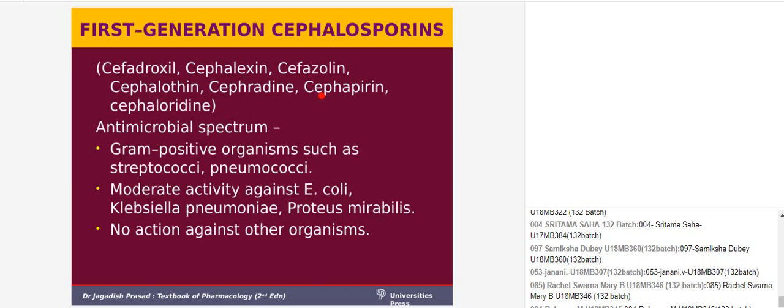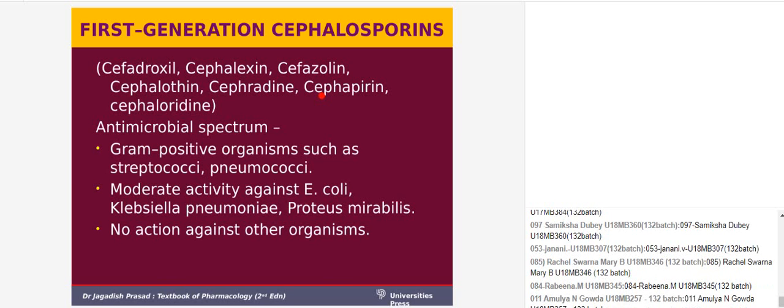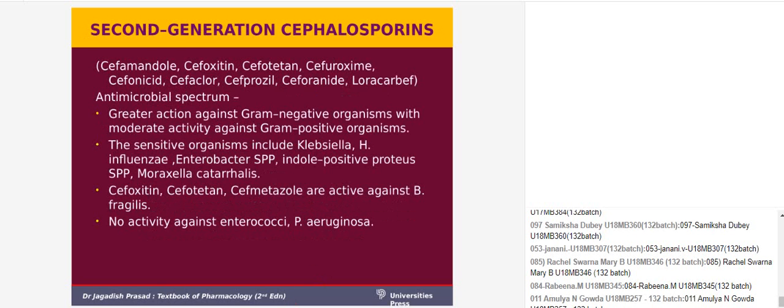Cephalosporin is about 85% bound to plasma protein. The first generation drugs are absorbed from the GIT to a variable extent, and the plasma level ranges from 15 to 18 micrograms per ml. They are not metabolized after rapid absorption from the GIT, so they are excreted unchanged in the urine and can be given both orally and parenterally. So that is the first generation cephalosporins.